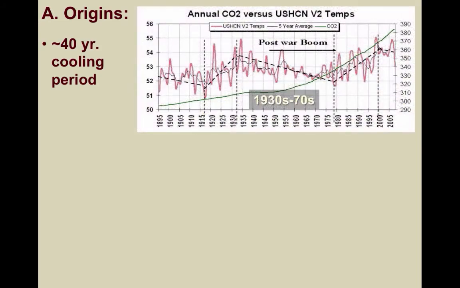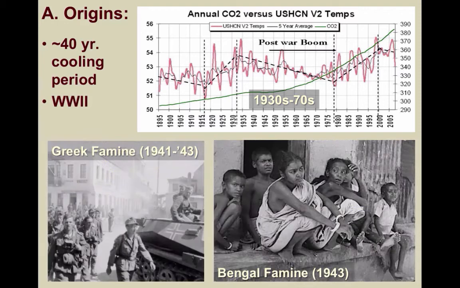Consistent with the other agricultural revolutions, the Green Revolution was preceded by colder global temperatures. There was around a 40-year cooling period from the late 1930s to the mid-1970s, likely related to solar activity and cloud formations. Colder temperatures shortened the growing season, leading to lower agricultural productivity and ultimately to greater levels of famine, malnutrition, and starvation. Especially during World War II, a series of famines plagued the planet.